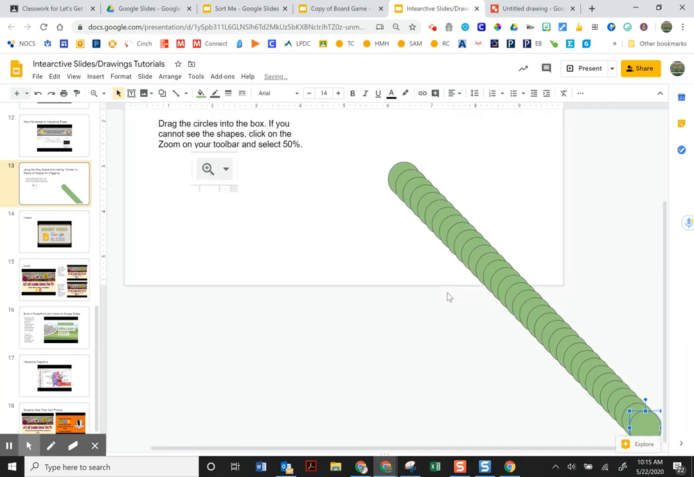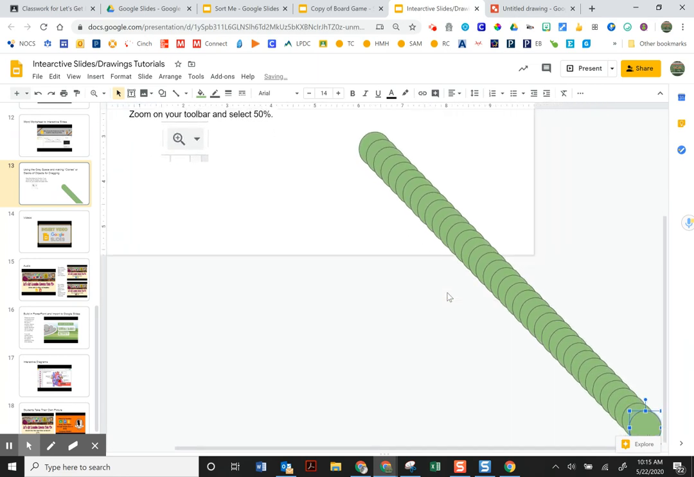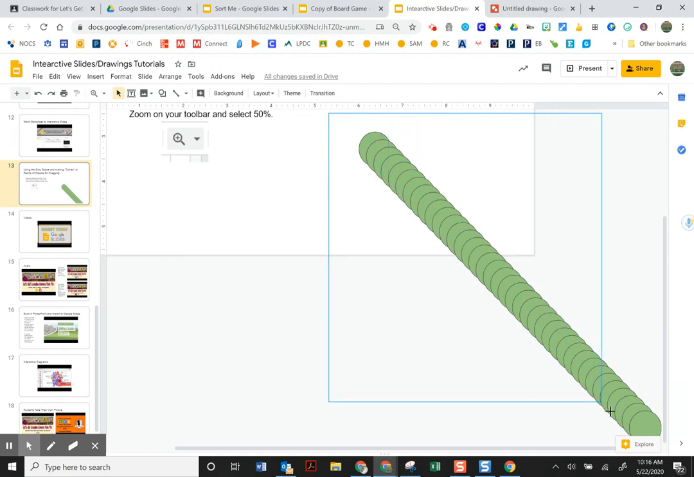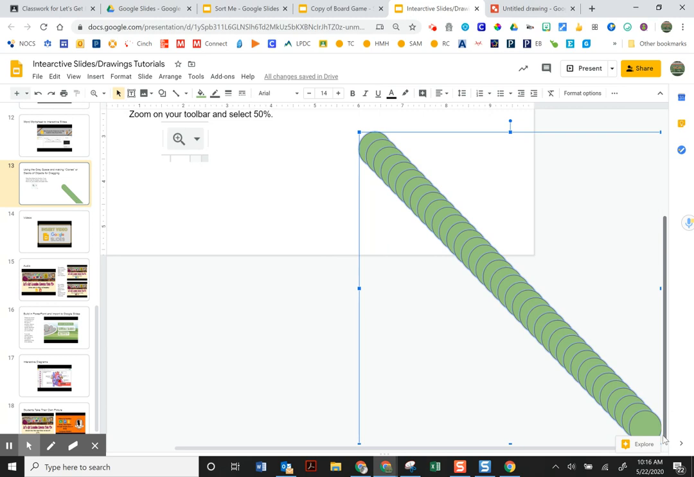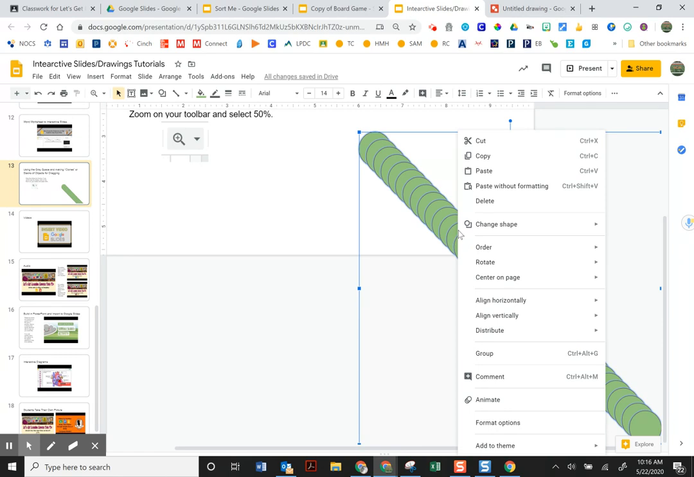And notice I keep making more. When you do stacks of objects like this, you always want to make more than students would need, just in case they accidentally drag one or two or something happens. And then I'm going to use my arrow and I'm going to draw a box around all of the shapes. And if you look in real closely, you'll notice that every shape has a little blue selecting note on it. And then I would right click on this selection,